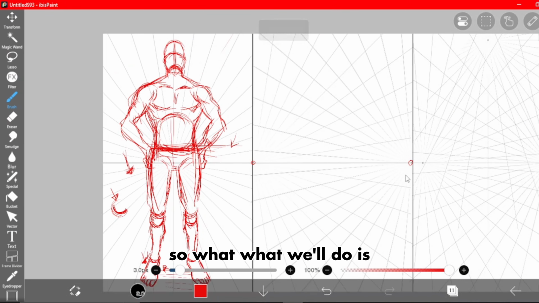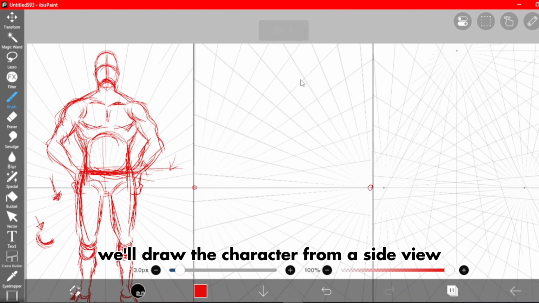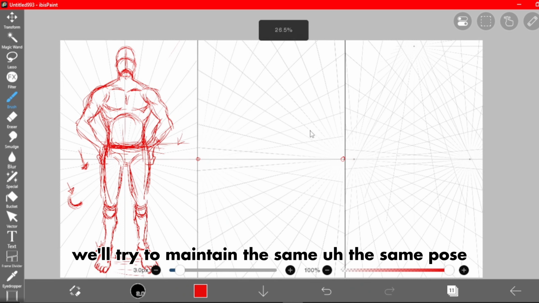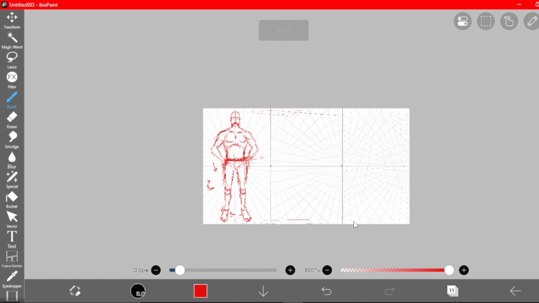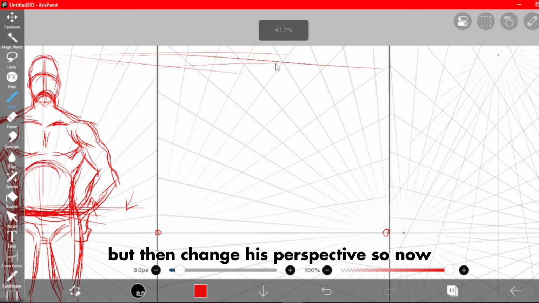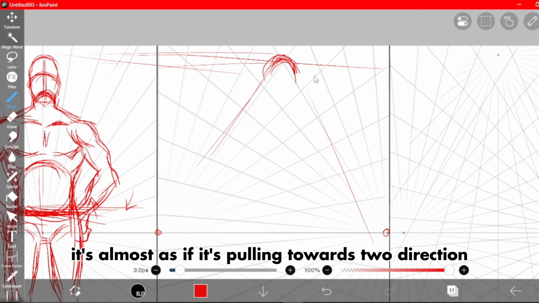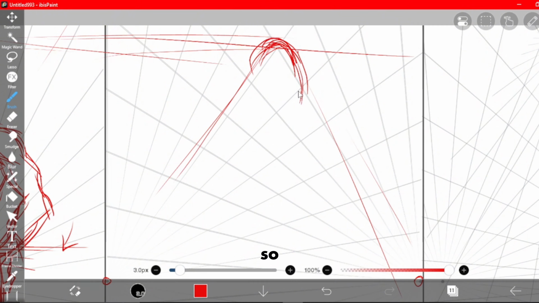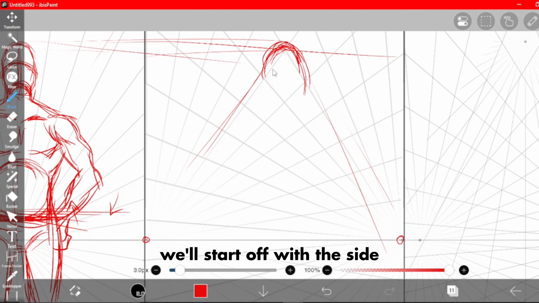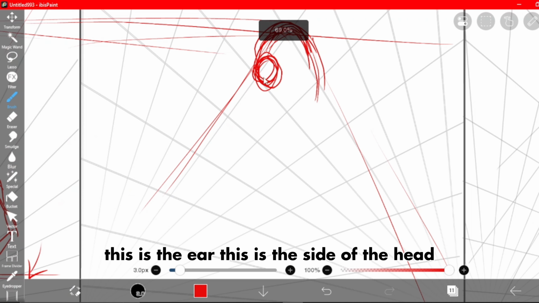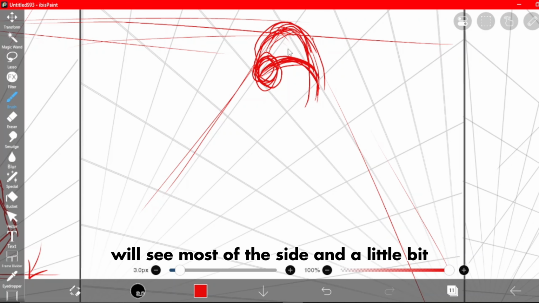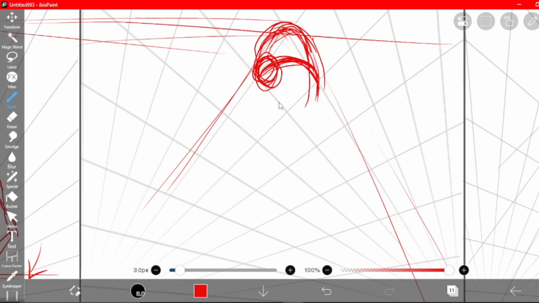So what we'll do is draw the character from a side view. We'll try to maintain the same pose, but change his perspective. Now his head is almost as if it's pulling towards two directions. So we'll start off with the side. This is the ear, and this is the side of the head. We'll see most of the side and a little bit of the front